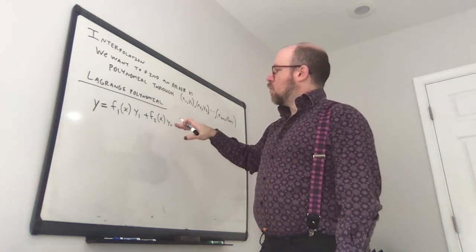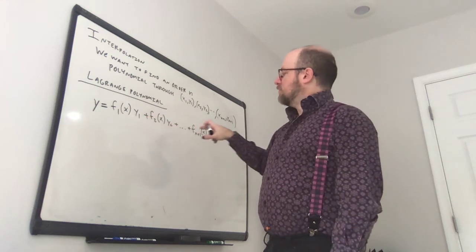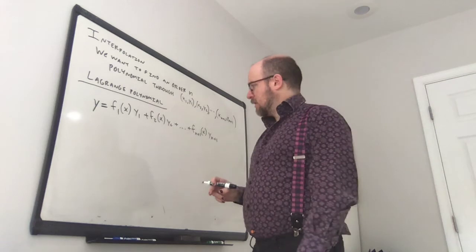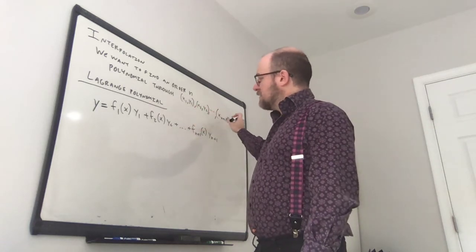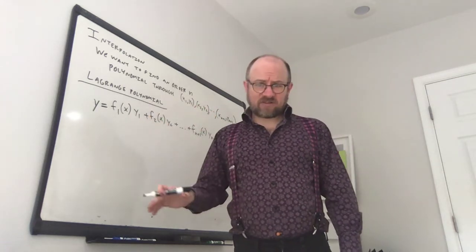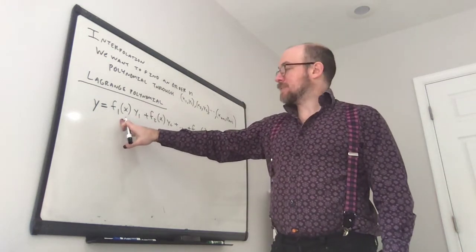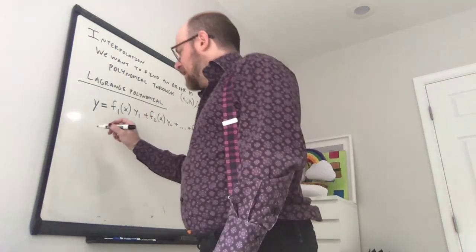Okay? Where these y1, y2 up through y n plus 1, those are your data points yi from each of these. Where this gets interesting and complicated is in defining these fi. Okay? So fi of x